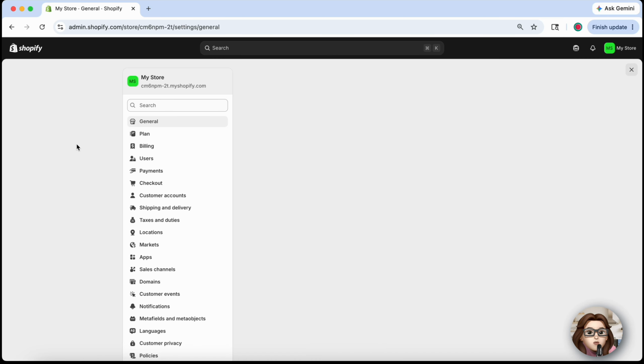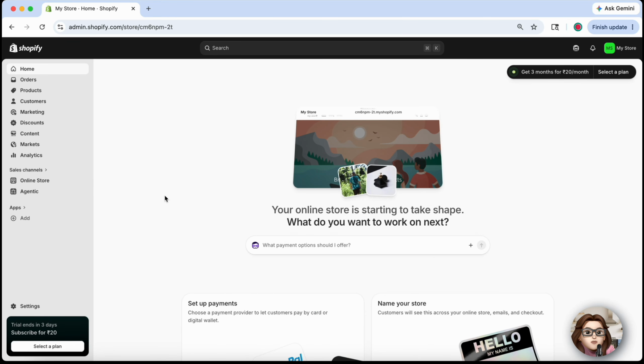That's it. You can access your store information through the settings area and use it for integrations, troubleshooting, or account